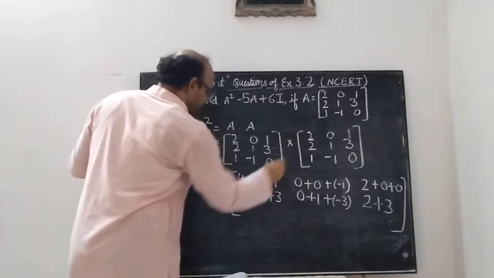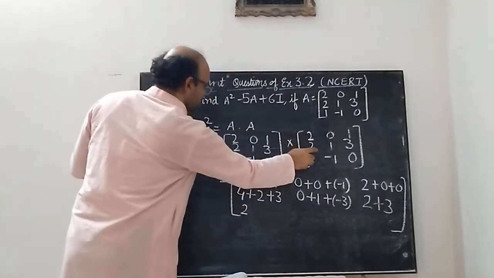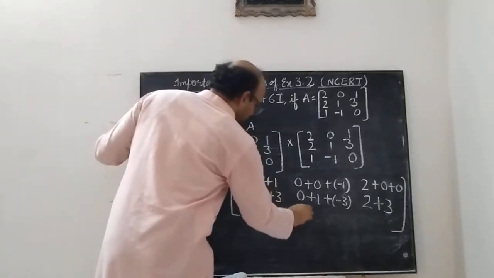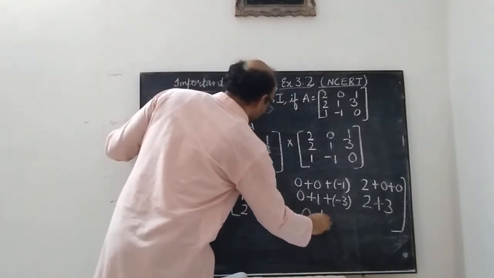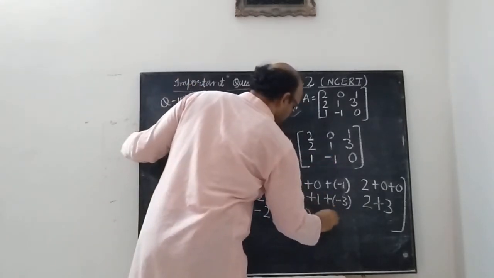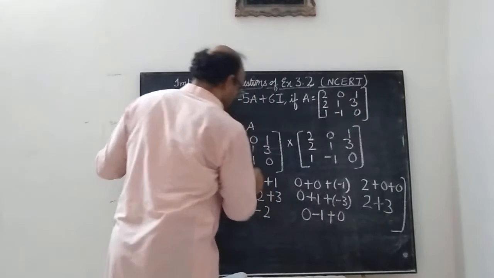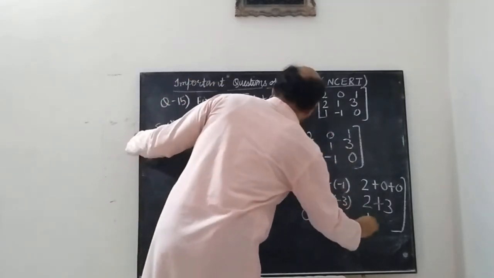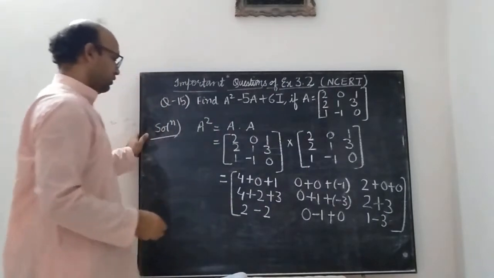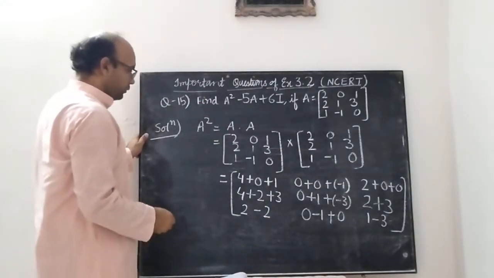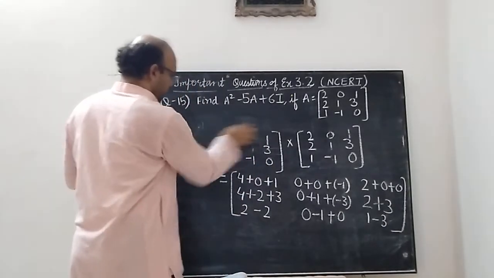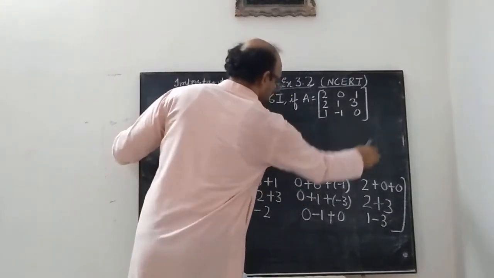So 1 into 2 is 2, minus 1 into 2 is minus 2, 0 minus 1, and 0 into this is again 0. 1 into 1 is 1, is minus 3. So what we obtain over here is,